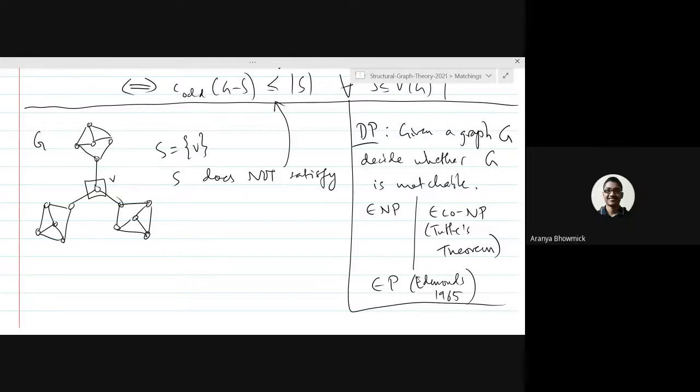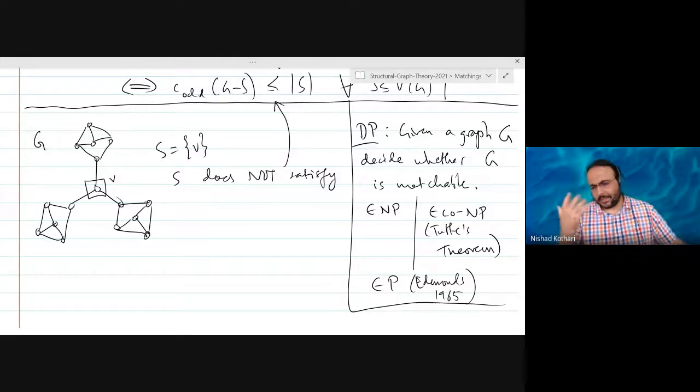And also, sir, since you know that P is a subset of NP intersection co-NP, by that we can say that this problem belongs to both NP and co-NP, without using Tutte's theorem. Sure, that way you can do it, but I prefer to focus on NP and co-NP because those are more graph theoretical results, or the consequences of graph theoretical results. Whereas for P, you'd actually need an algorithmic result. It's more graph algorithms than just graph theory. So that's why I focus on NP and co-NP. But you're right, it is in P.